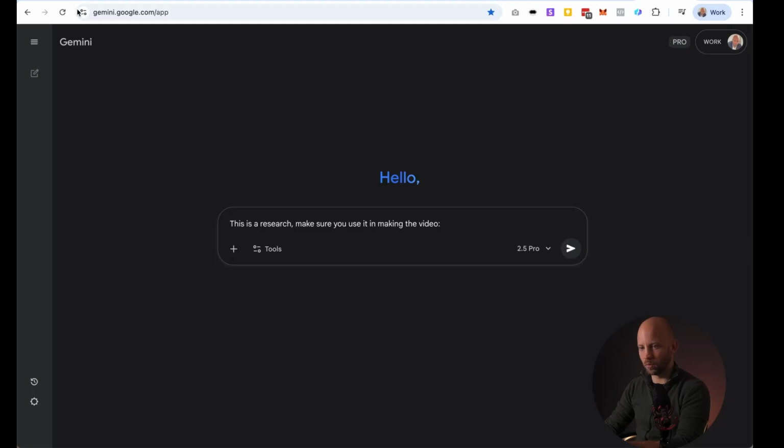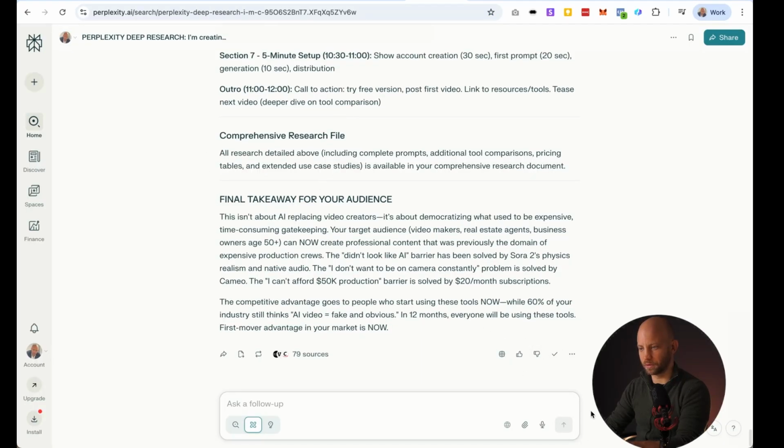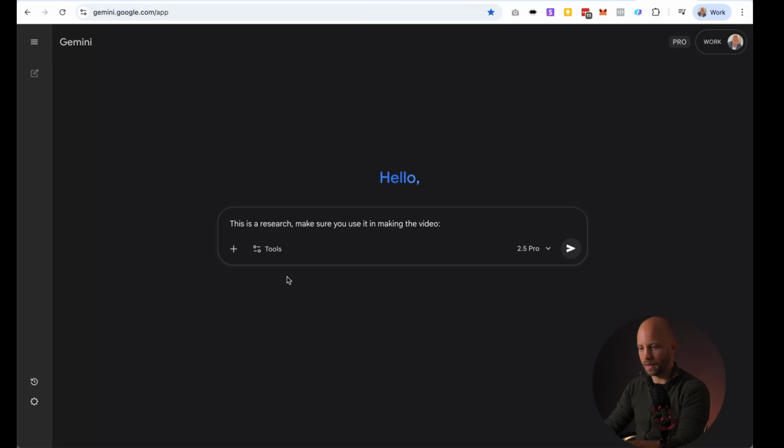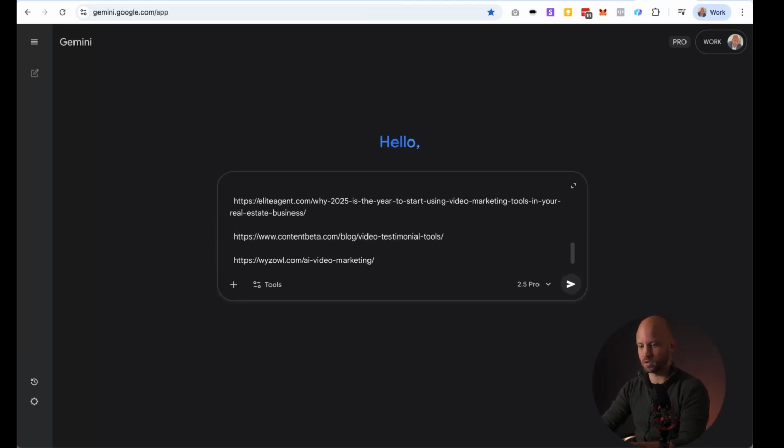So I'm going to go back to Perplexity again to make sure that I copy the entire research from here, and now I'm going to paste in this entire research. Okay, there we have our research. Now you could hit return and it's already going to give you a pretty good script,